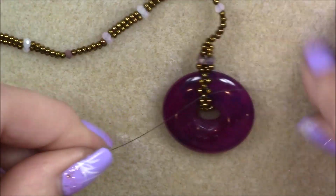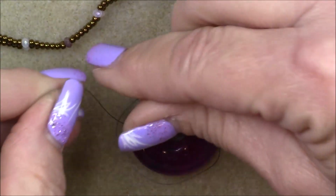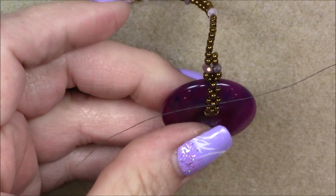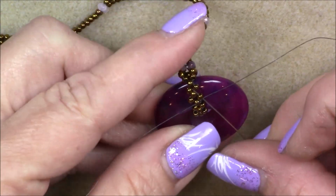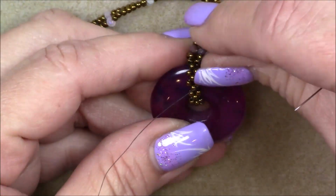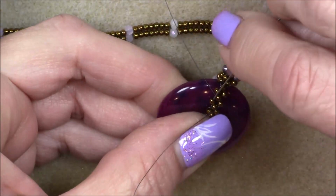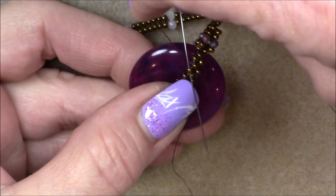Just like that, and then I'm going to tie another one. If I can organize my hands, I will. Just like that. And now I have a little piece of thread tied on right there, but I want to secure it by entwining it through the bead. So I'm going to sew through this entire unit that I tied onto. So I'll go up into this bead, pull all my thread through, and then I'll go into this bead, then I'll go down into this bead. So I'm just sewing around this unit that I've tied onto, go into this bead,